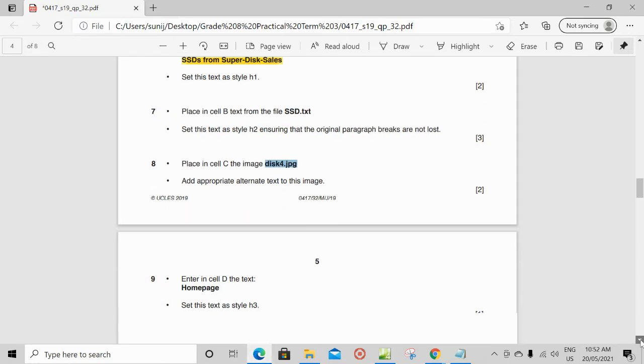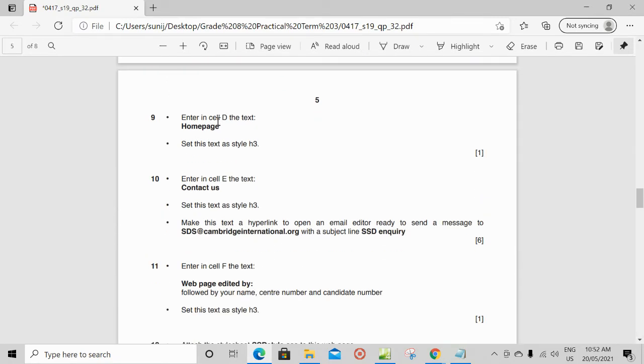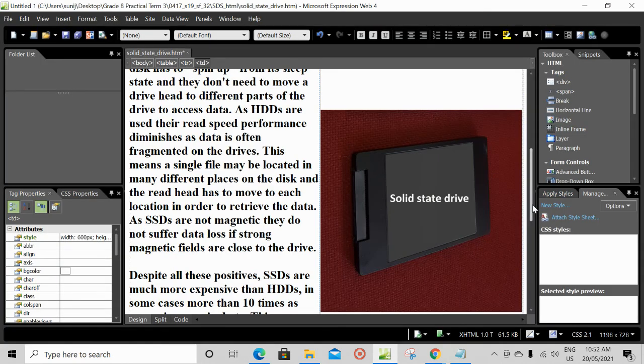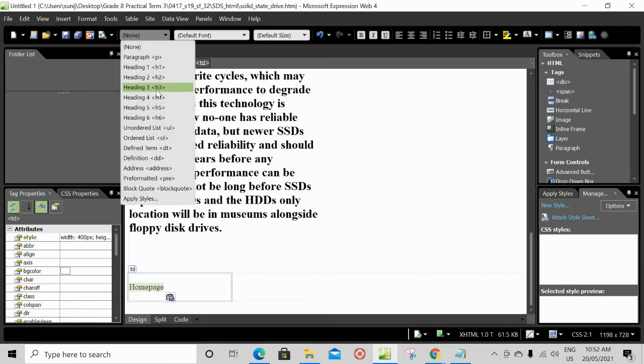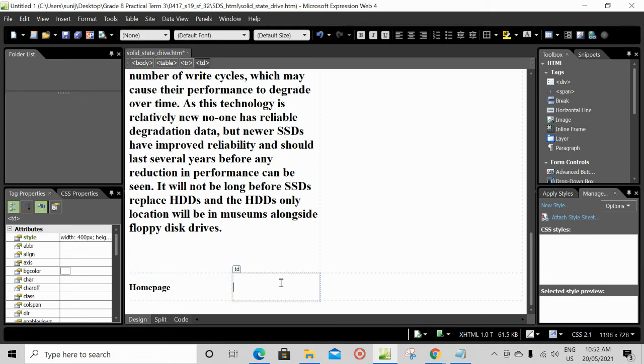So now the next question is, enter in cell D the text home page. Set this text as style H3. So select home page. Enter that in cell D. This is cell D. We have to set this to H3. So select that one first. Select H3.